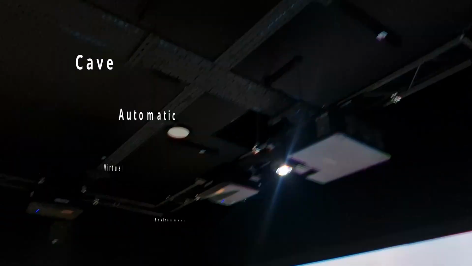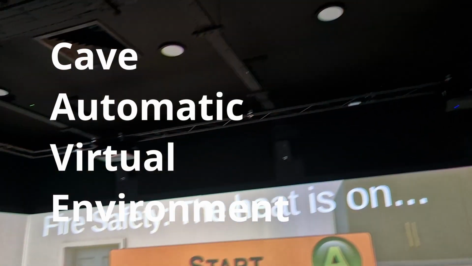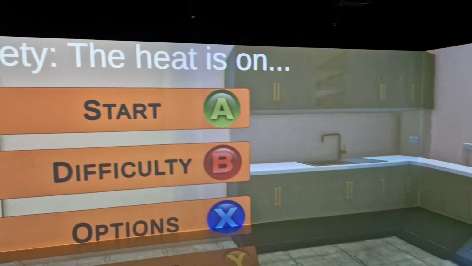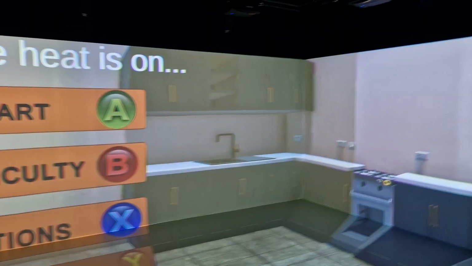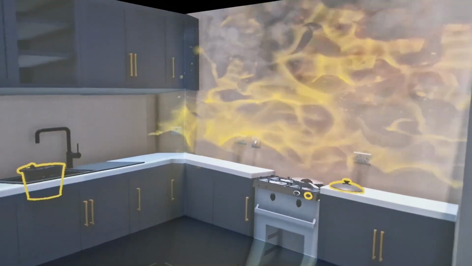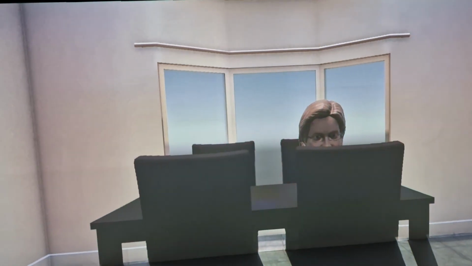This is a cave automatic virtual environment. It's an immersive reality environment where multiple projectors are directed onto 5 walls, enveloping visitors in a virtual room. Oldham College has one as part of their digital and creative department, and as a tech mentor at Oldham-based Inclusive